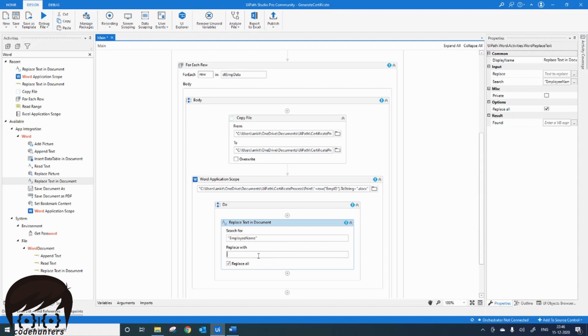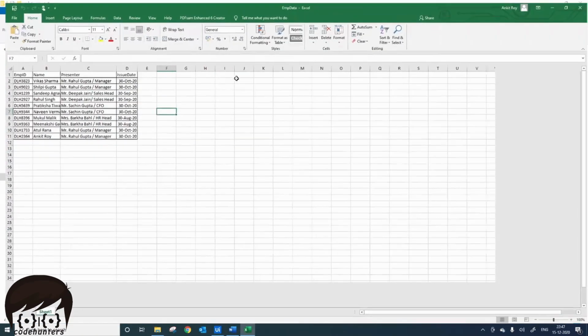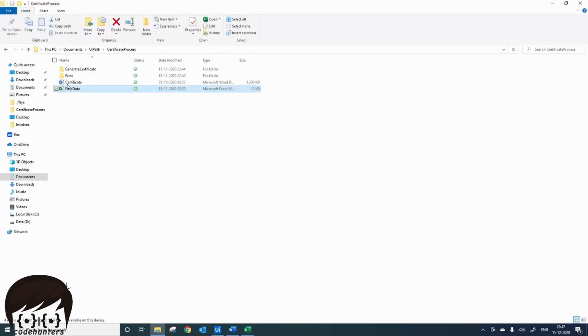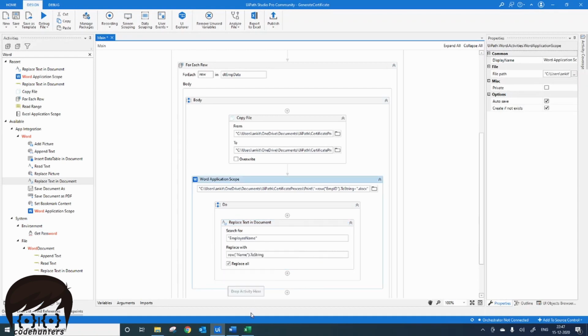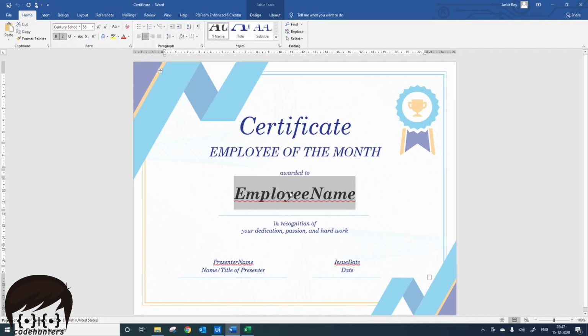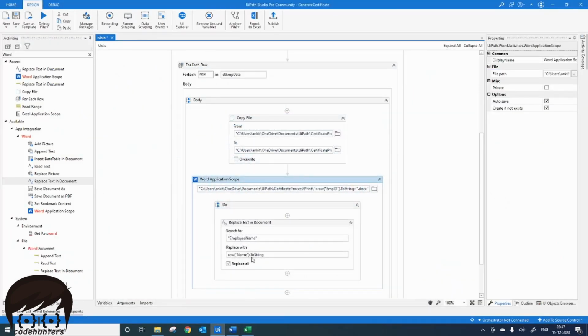So the employee name is row, and the column name is name, dot ToString. Now this will replace the employee name with the name from the Excel file.